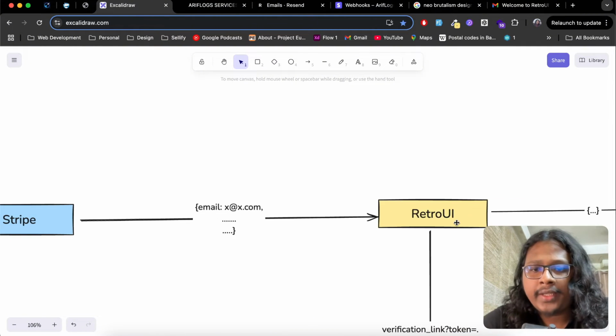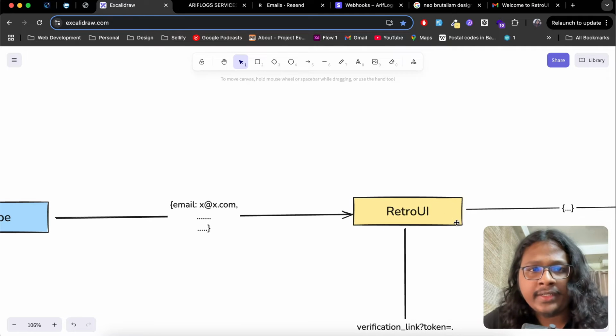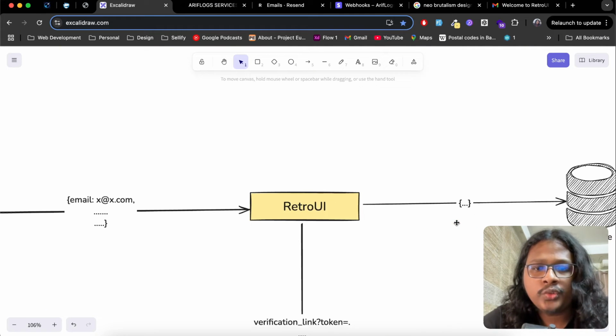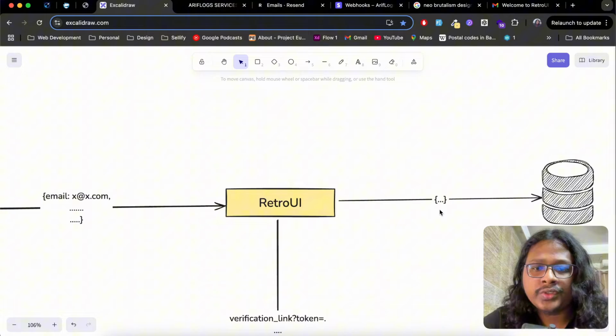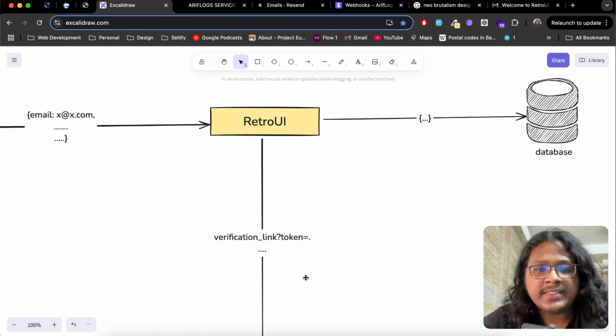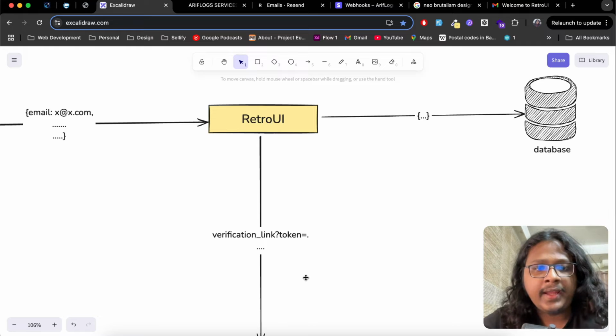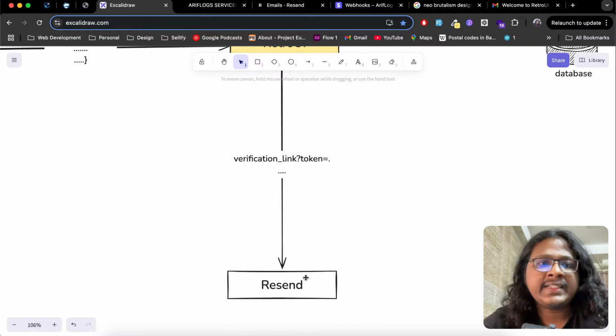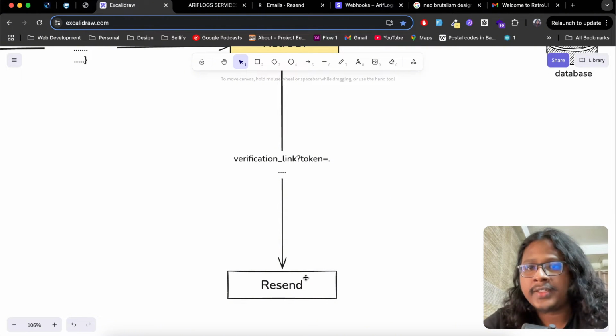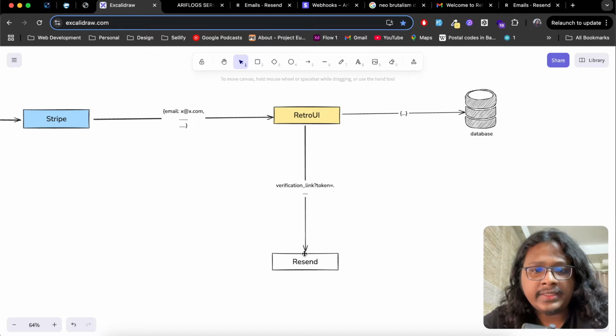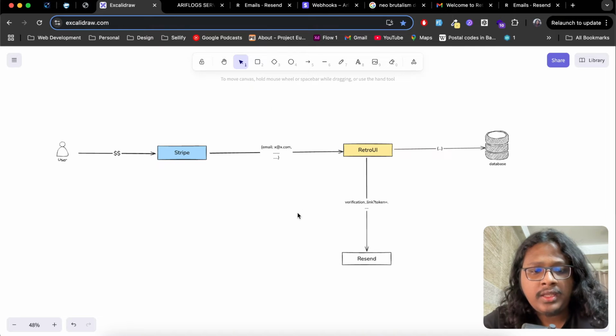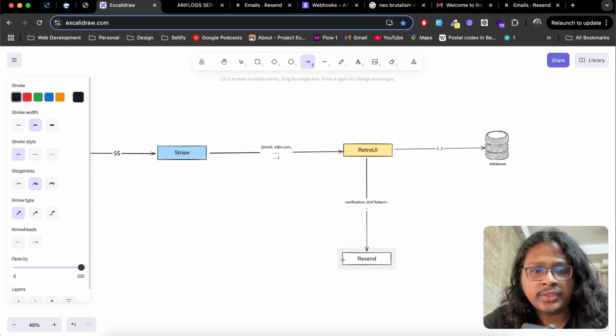Now, once Retro UI gets a notification that someone created a user, it does two things. First, it creates a new user and saves it in the database. Next, it creates a verification link through JWT and sends it to Resend. Resend is an email client that lets you send emails to your users. There's a bunch of other ones like Loops, AWS, Mailgun, right? And then Resend basically takes this verification link and emails it to the user,